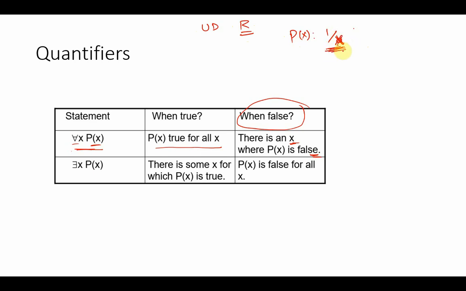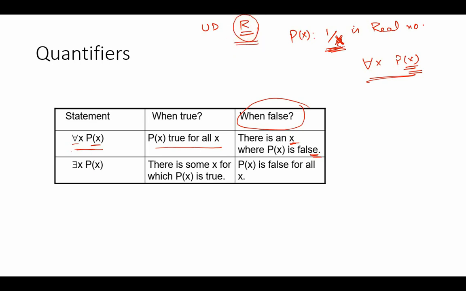Can I say for all x, p of x is true? Now you see, real numbers can be both negative as well as positive. If I want to verify whether this statement, for all x p of x, is true for all the values of x or not, R being an infinite set, it becomes impossible for me to verify it for all the various values.